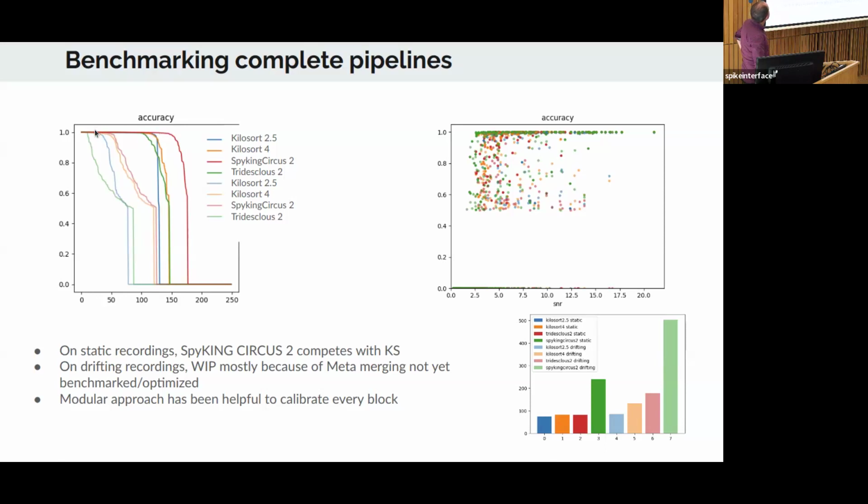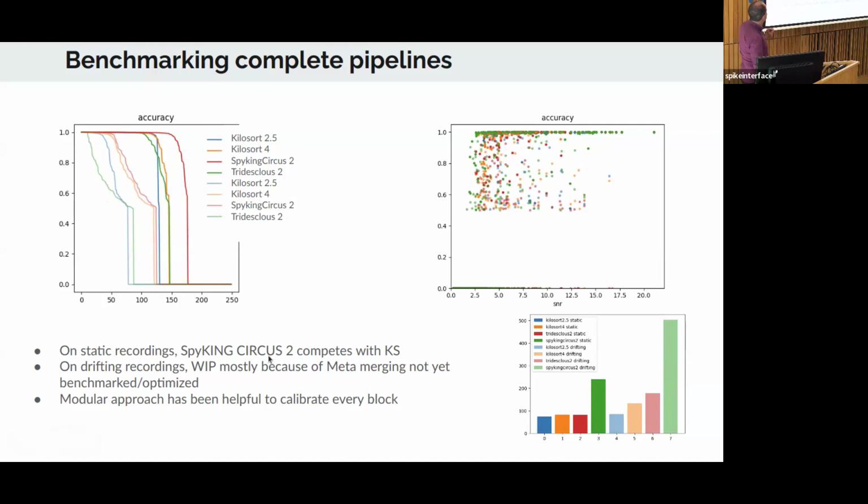We can see immediately that when we have drifting data, even if they are corrected, there is a huge loss, but that was already shown in the paper we published last year. We are losing more than two thirds of the cells, and even Kilosort 4 is losing a lot. So 3D clue 2 here is completely collapsing, but that's okay. It's a choice that has been made.